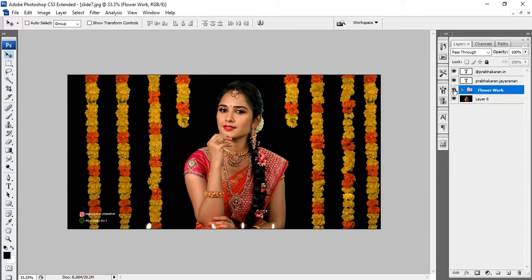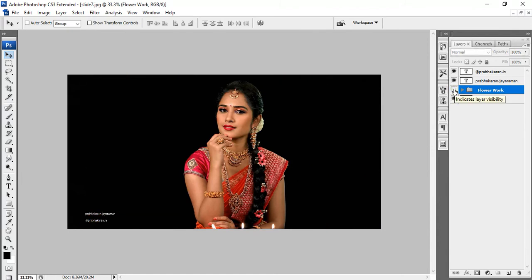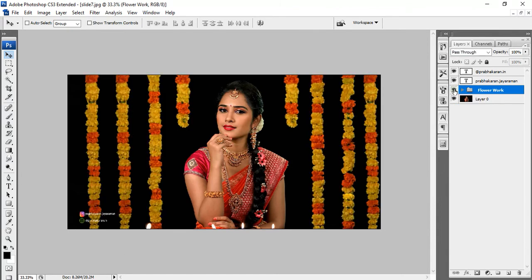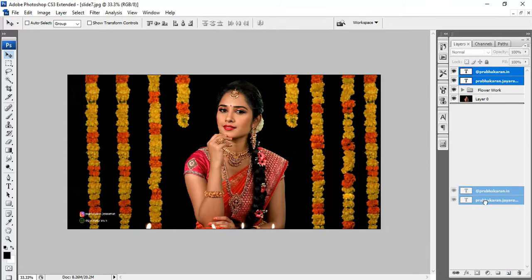If you want to make it invisible as well, I can make it invisible. And I'll show one more example. See, these are text layers I added here. This is one signature. When you're working on images, you may have seen that people add their signature. So in this case I'm going to group this signature. Same thing: drag to the folder, done.